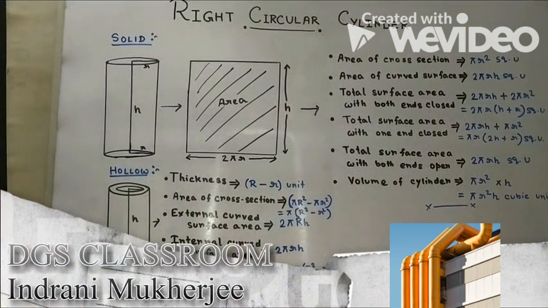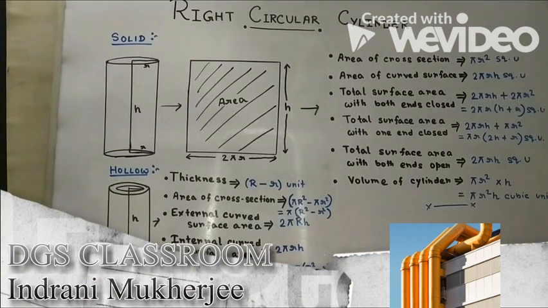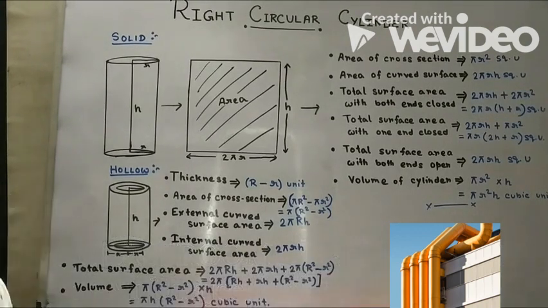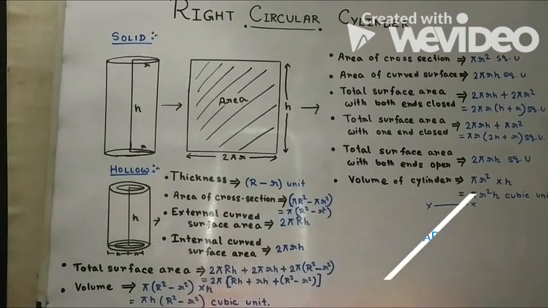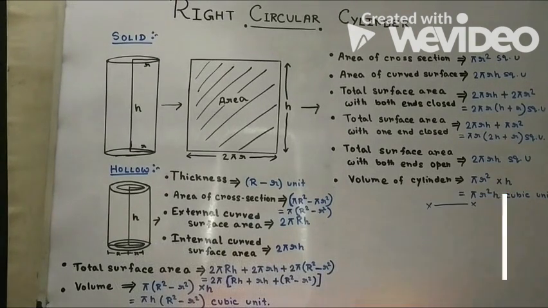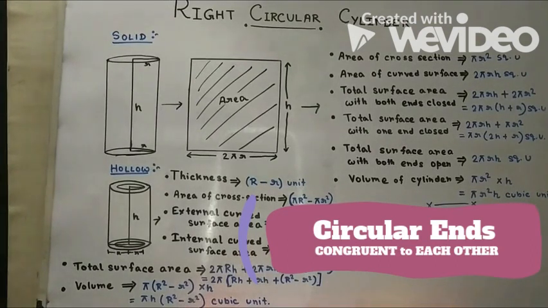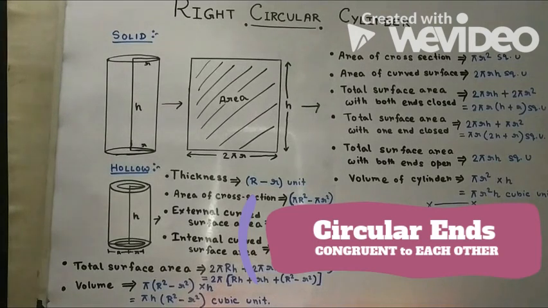Cylinders, I believe, are the most familiar shapes after cuboids in our day-to-day life. For example, we have pipes, coffee mugs, tube lights, most water bottles, gas cylinders, pens, etc. In this class, we only deal with right circular cylinders, that is, cylinders where the circular ends are congruent to each other. So let's get through the mathematical section.